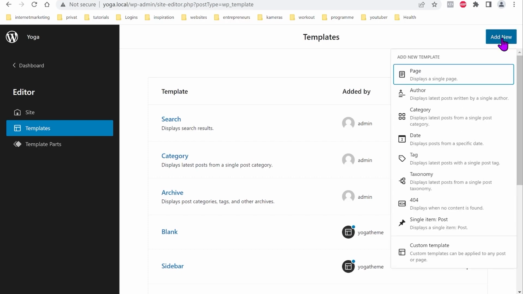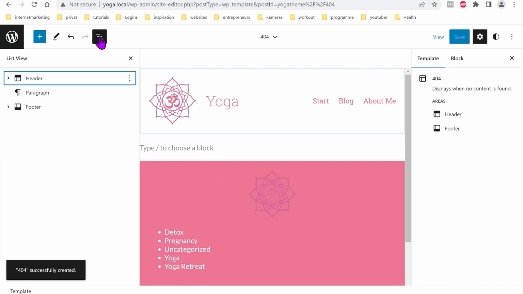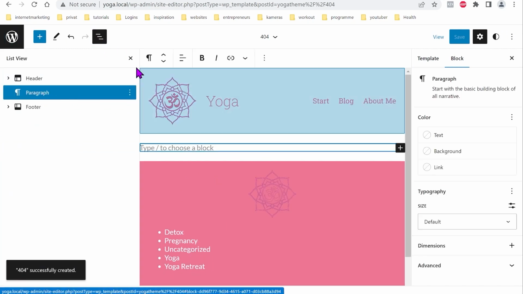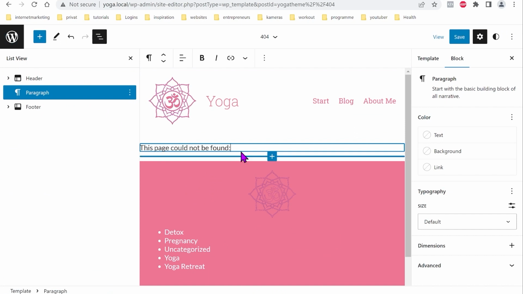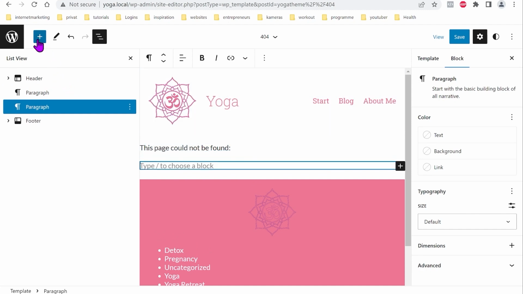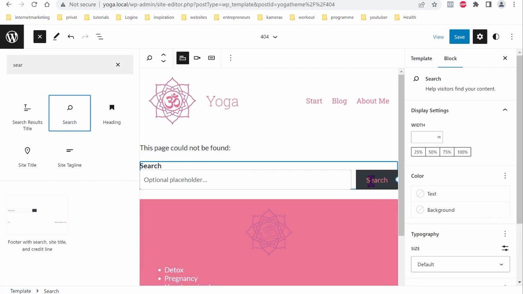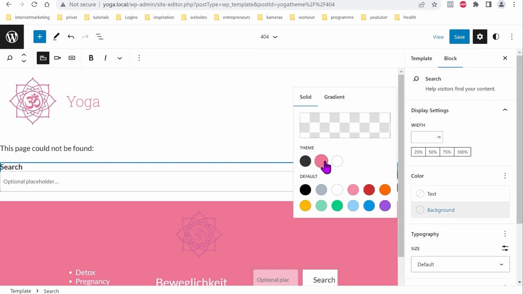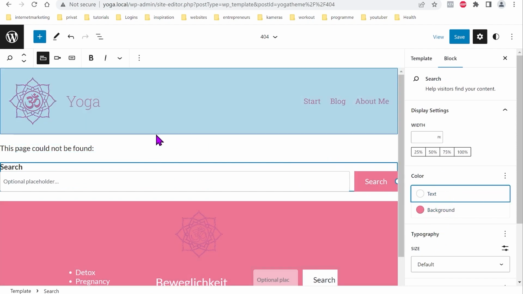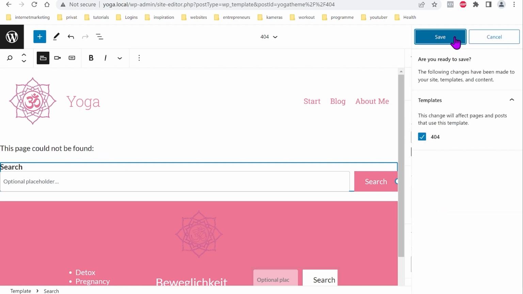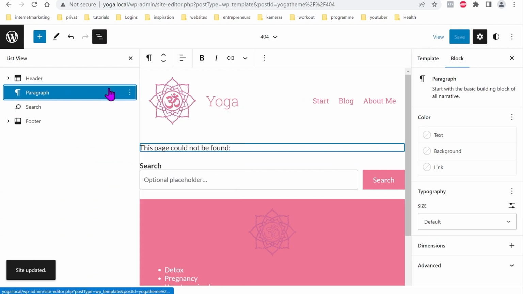And our last template is the 404 template. If there is no page, we go to the paragraph and we just have to write something in, and we give it a search also. That's it. Save, save. You also can write something more. Maybe you want to write something like